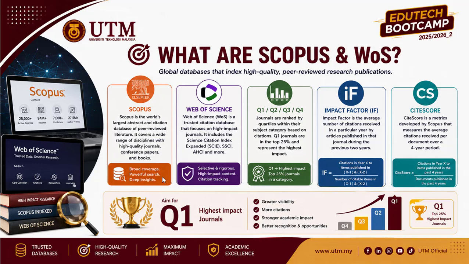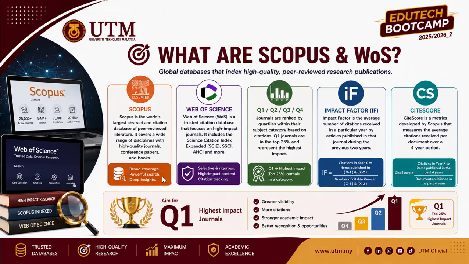So it also depends on the quality of the journals. The number of citations is also very important. Now it's your choice whether you want to publish your paper in Scopus or target Web of Science. This should be very clear to you at the beginning, when you start the research writing, because publishing in Q1 gives you greater visibility.